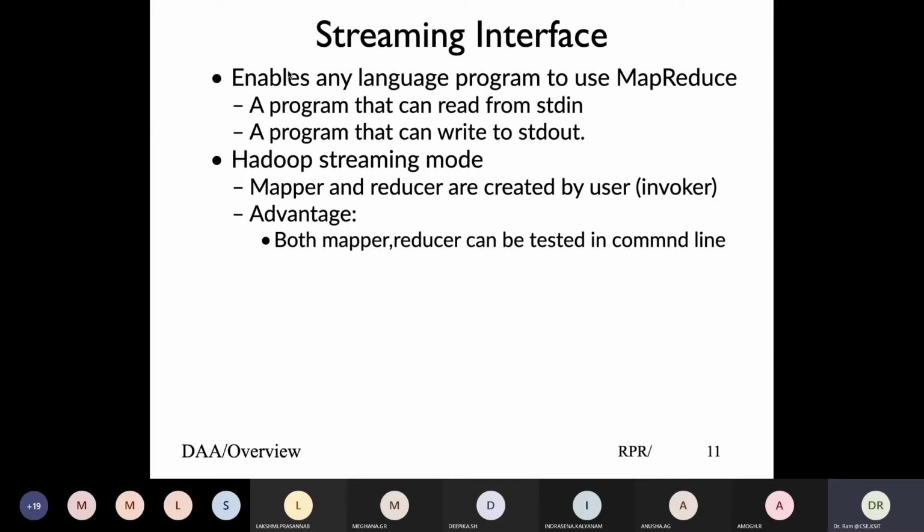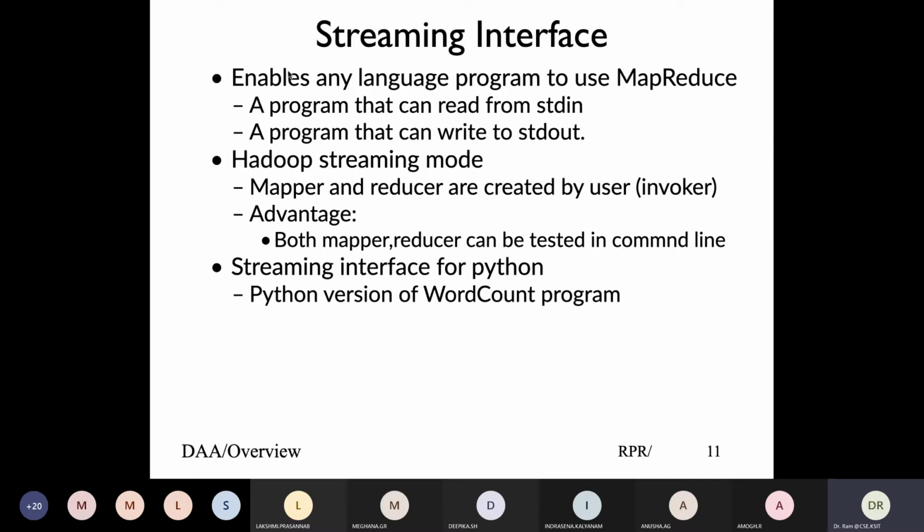The benefit of this streaming mode is that at a small scale, you can run your program locally with standard input and standard output and see if programs are running. And once they do, all you have to do is submit the large data set to Hadoop and it will automatically run the work for you. So the streaming interface is good in the way that you can test and debug locally on the command line and make sure things work out. And then, for a large data set, you can use the Hadoop distributed computing infrastructure to do things. So we'll look at the Python version of the word count program.